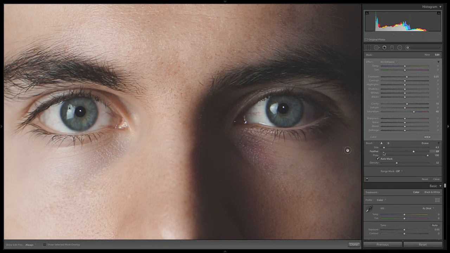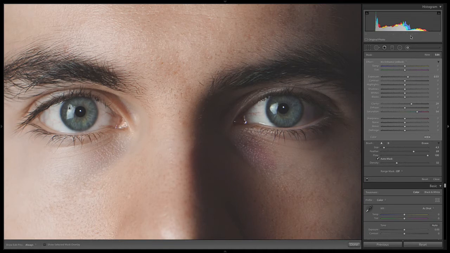Now, to make this even more extreme or more enhanced, we can adjust any of these. We can increase the saturation, the clarity, and the exposure. But especially with exposure, depending on the eye color, more so with brown or darker eye colors, it starts to look really weird really fast. Now that is a good basic enhancement.